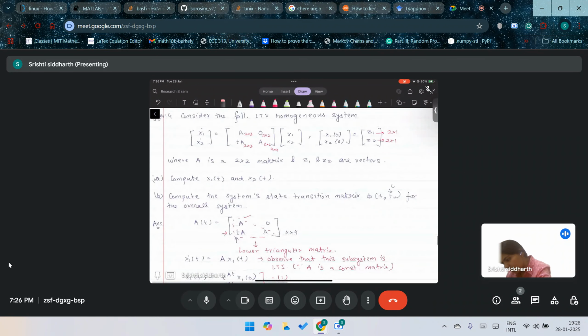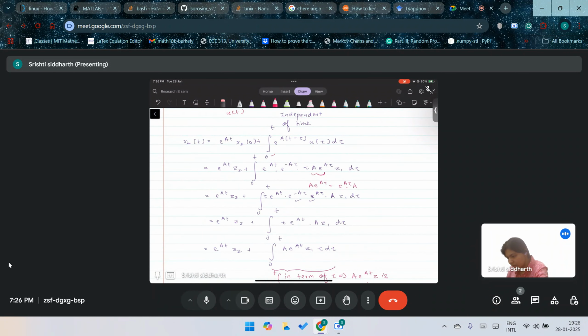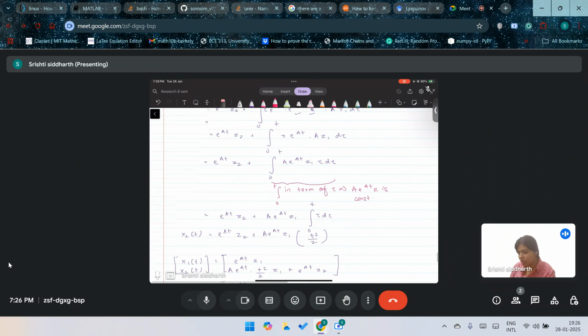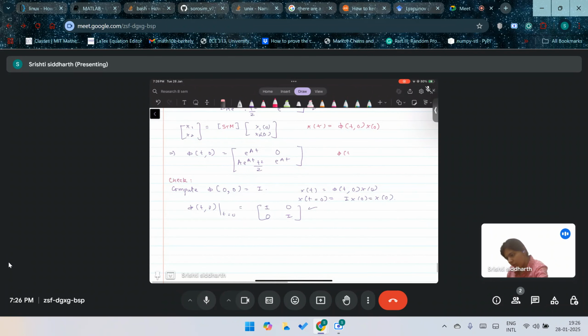So we have computed x1 and x2 and also computed the system's state transition matrix. So for t naught, what you can do is change this integral to t naught to t and this to e to the power A (t minus t naught), and then you can perform similar calculations to get the phi t comma t naught. Alright,